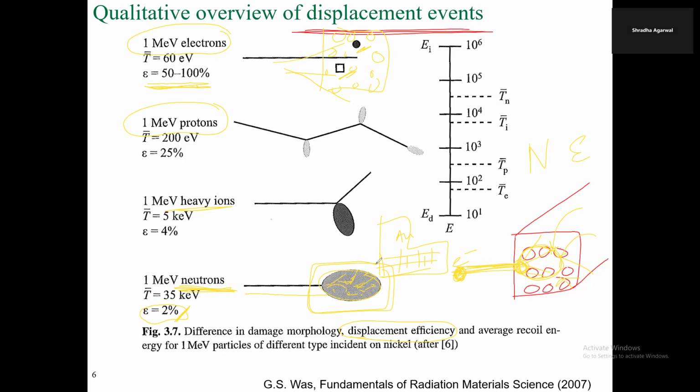So this is known as damage efficiency. This is a very important diagram, guys. And this is obtained, again, from this book. Please note down this book. You have to go here: Gary Was, Fundamentals of Radiation Materials Science, 2007. This is the book that is in the market